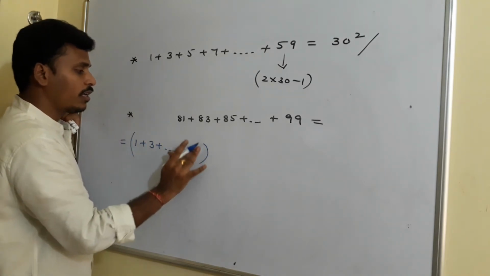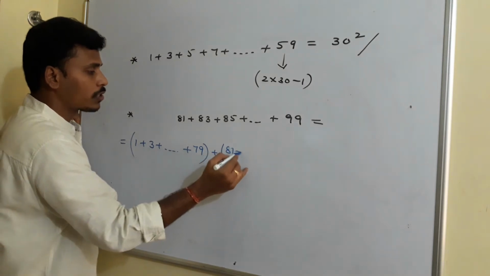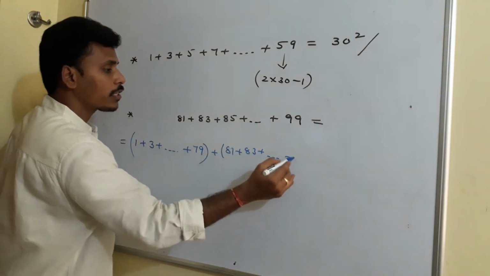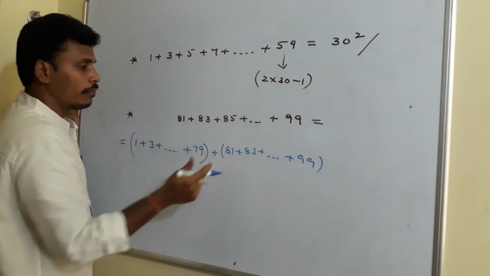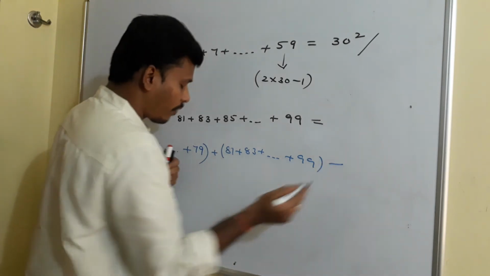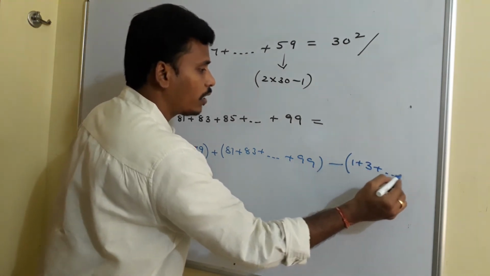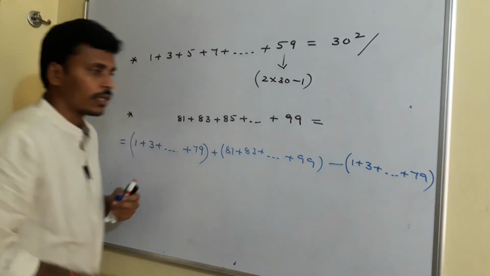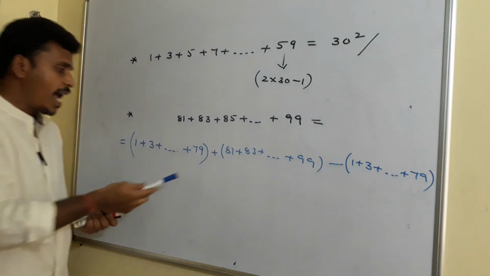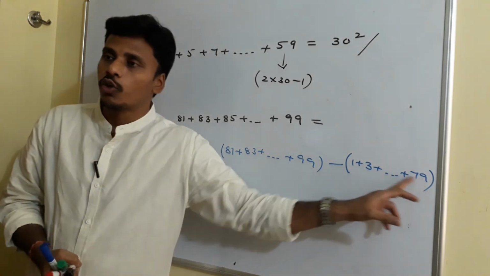Not 80, odd numbers: you need to add up to 79, plus the next odd number, which starts with 81, 83, plus and so on up to 99. This middle sum is what we actually need. For this sum I added the first 79 odd numbers up to 79, and again I will remove to balance from 1, 3 up to 79. Just again I am telling you, add the odd numbers from 1 to 79 and then subtract the odd numbers from 1 to 79.